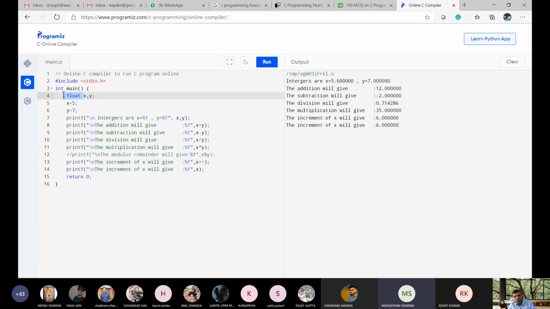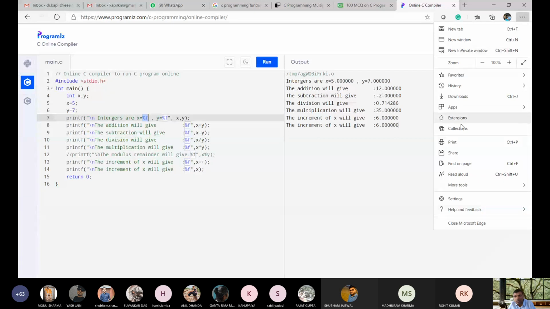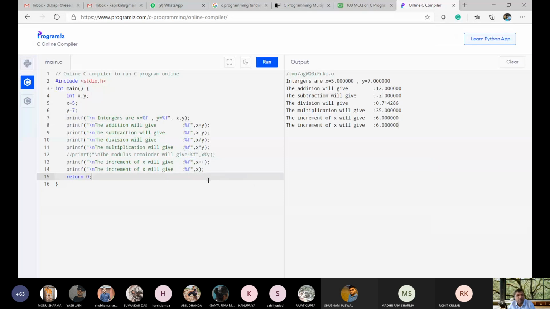So let me change this to integer once again. Okay. And I need to use %d replaced everywhere. So here, is there any replacement? No replacement is there. Okay. So this is pre-increment. Let me show you one more option, x plus plus and plus plus x.